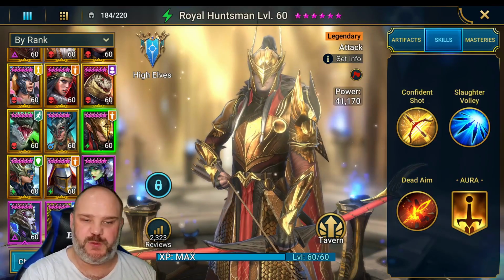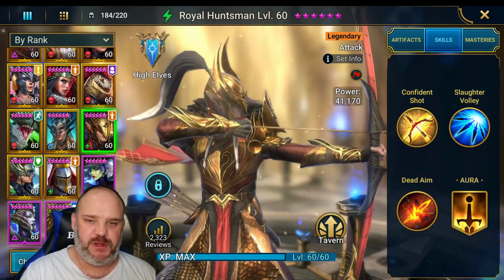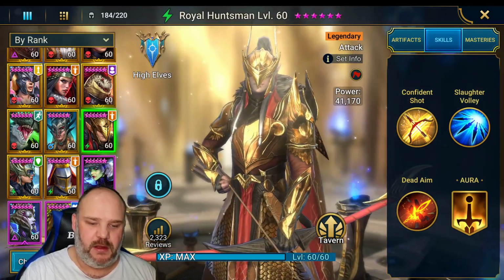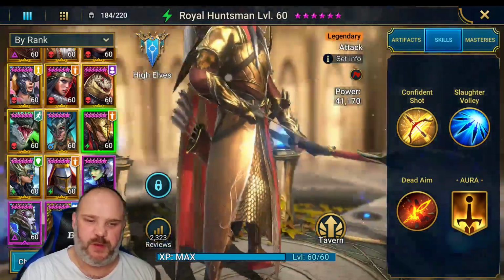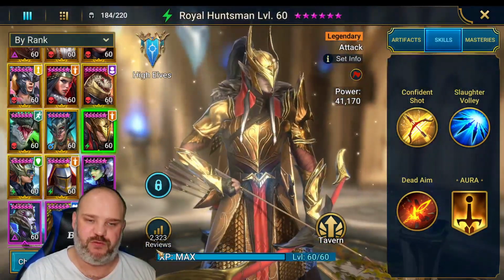Today we are going to be doing a champion guide on the one, the only, the extremely shiny Royal Huntsman. So, Royal Huntsman, he's a Spirit Affinity champion, legendary attack based champion with the High Elves. He's one of my favourite skins in the game. I seem to say that a lot lately, but we all know they do absolutely amazing work with their artwork, but this guy just really looks